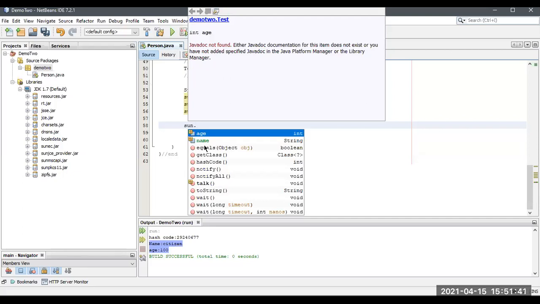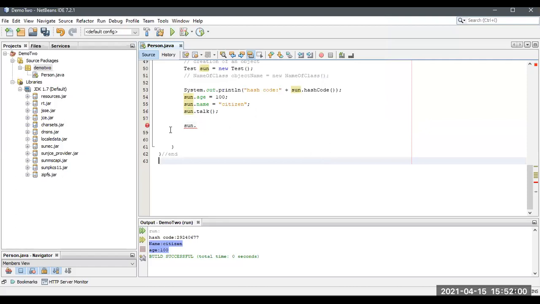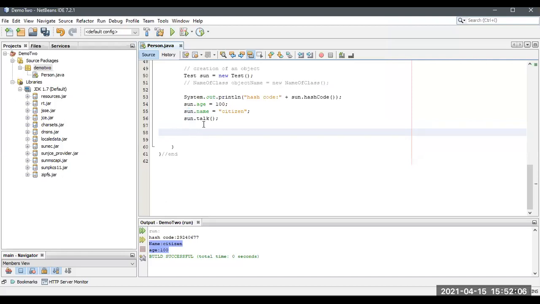The class name is Test. I'm having a name, age, and I'm having a method Hello, and I'm also having these data types, int and String, and a return type void. How will this be known? It will create an object directly, and it will be packed, and we can access it by the object. Why am I saying this two or three times? Because objects and classes are most important. Java is completely classes. Without a class, there is nothing in Java. So classes and objects are the most important things inside Java.